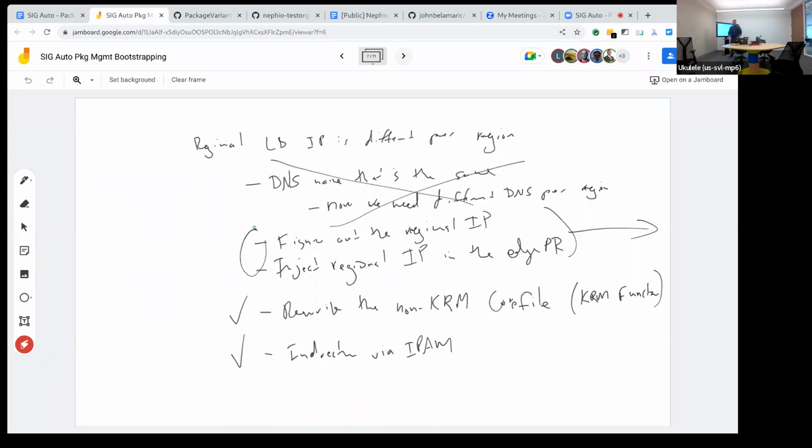But the other solution, and this is kind of what I've been trying to get at, is that we're building capabilities, and once we have a set of capabilities, there'll be multiple ways to solve the same problem with a package. So if we had a capability where we could wait for one package to be fully deployed, and then we could read a value out of that somehow and write it into another package, then that would be another way to solve this problem.